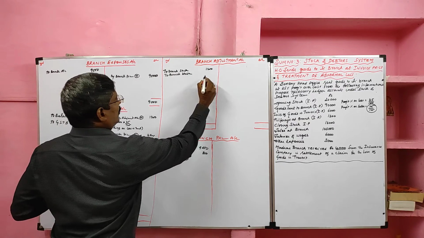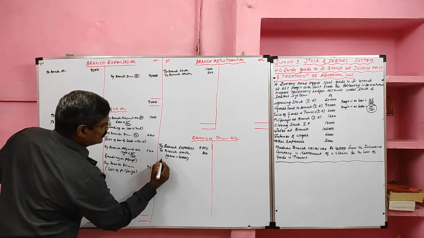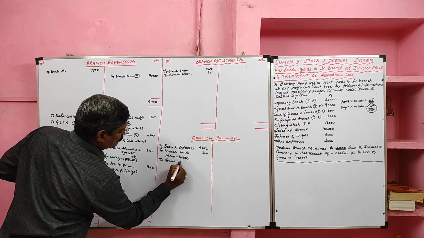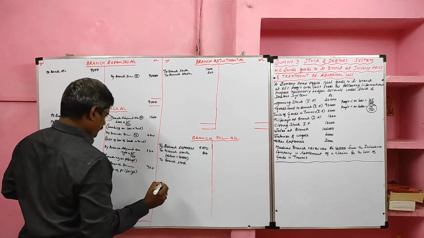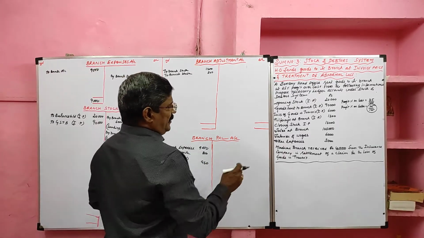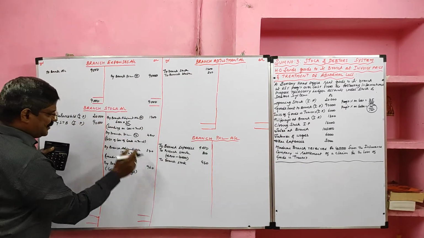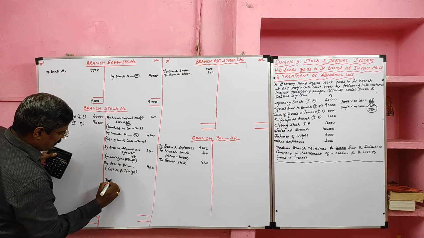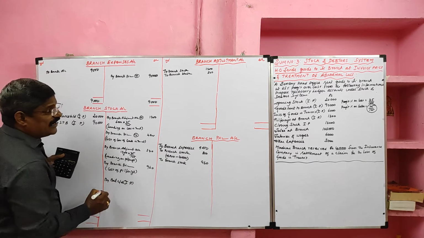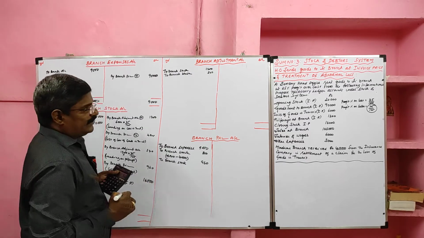Loading value 240. The cost of pilferage should be transferred to the branch profit and loss account as by branch stock account. Its value 960. Then we completed the treatment of pilferage. Then closing stock. Closing stock is recorded on the credit side of the branch stock account as by balance c/d. It is also given at invoice price. Its value 16,000 rupees.